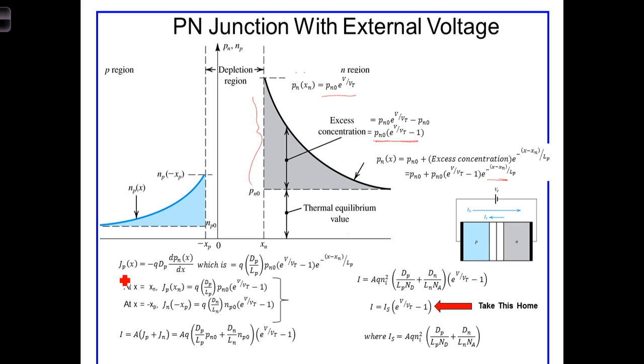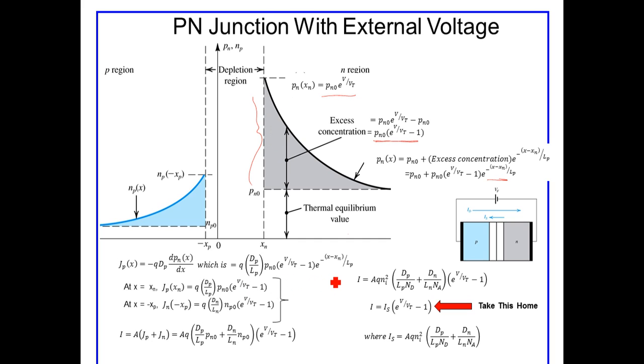Now we can calculate the hole current density, and when I'm saying hole, I'm referring to the charge carrier hole, H-O-L-E. We can calculate the hole current density by taking this expression for the concentration and differentiating it. So taking the derivative, multiplying it by q D sub p, we then end up with the hole current density as a function of x. We can determine what that hole current density is. In other words, it's the current density, it's the amps per square unit of measure, per square micron, if you will,